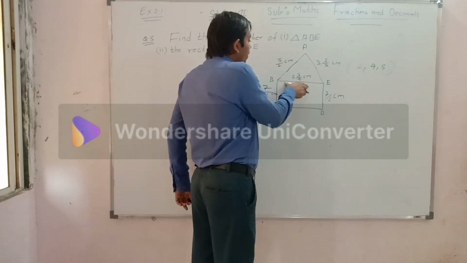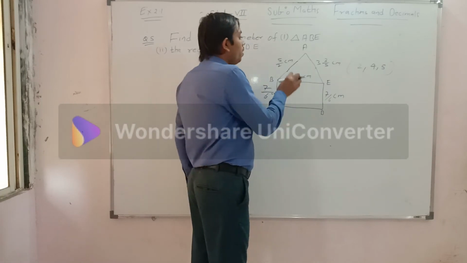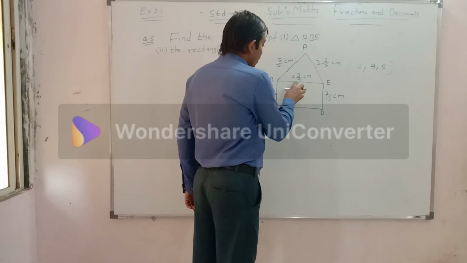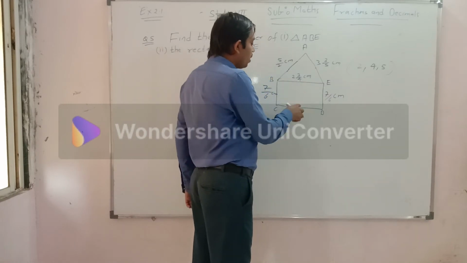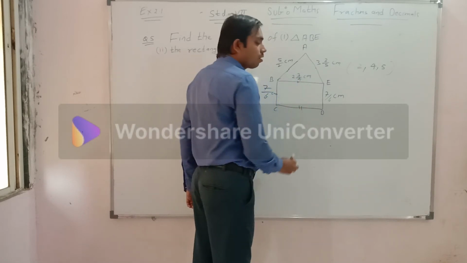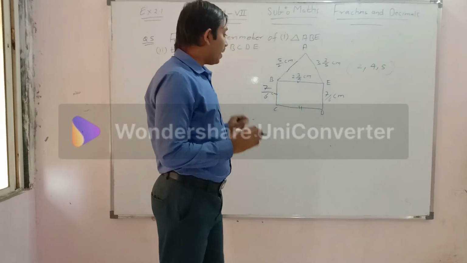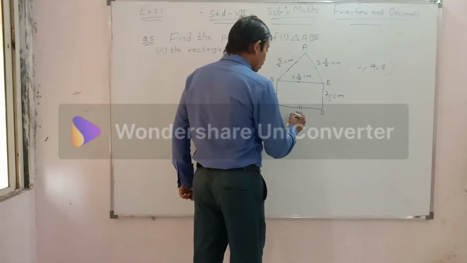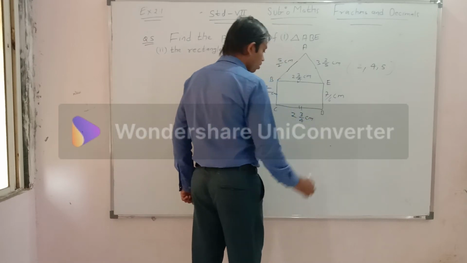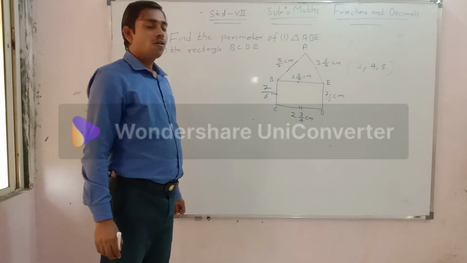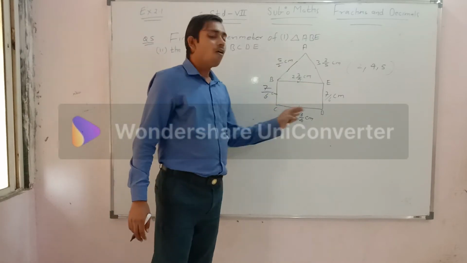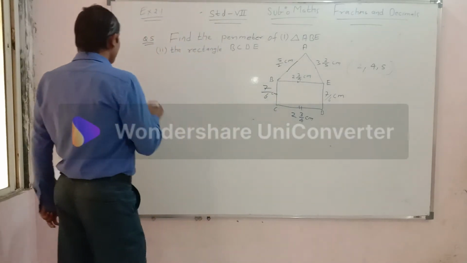Similarly, this side is given, which is a common side for both the triangle and the rectangle. So this length will also be for CD. Why? Because opposite sides are congruent. Congruent means equal and same. Okay, so this will also be 2 3 by 4 centimeter. So my dear students, here we got all sides of this rectangle. Now what will be the perimeter? Sum of all sides. So let me do that, my dear students.